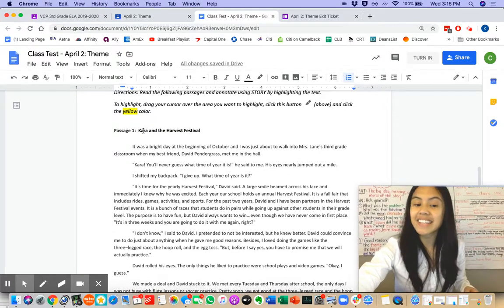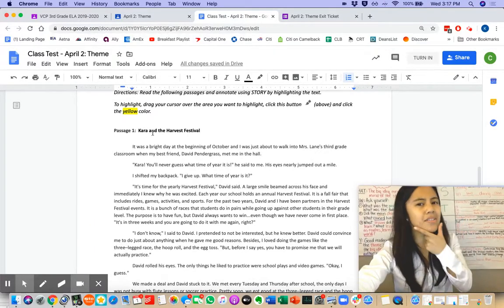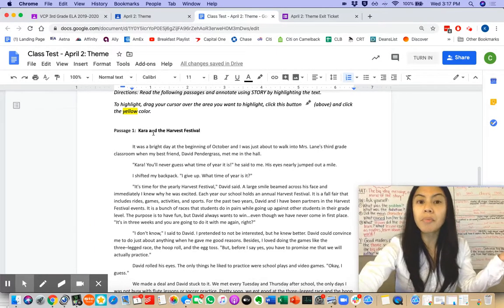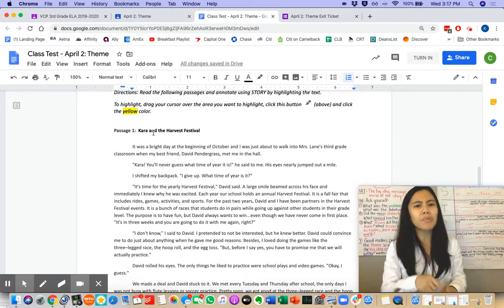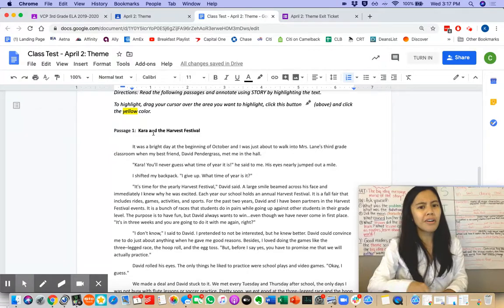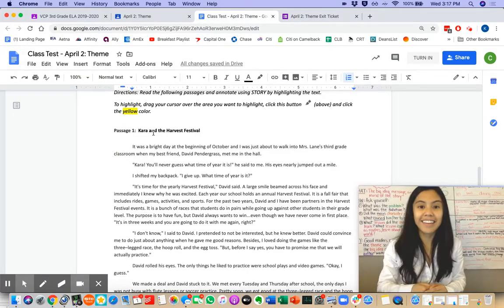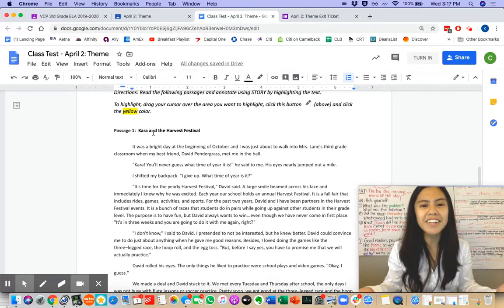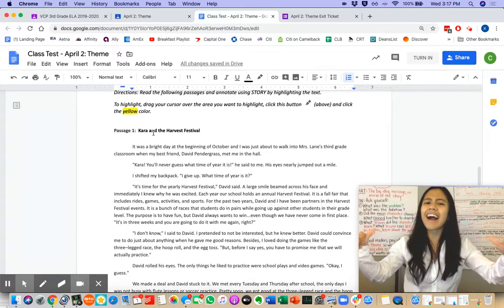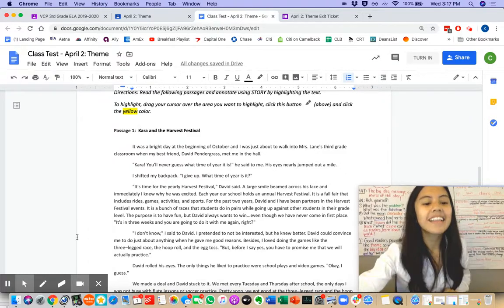It sounds like I already have a character, so that tells me this is probably a narrative text. Do you remember what we draw for a narrative text? Yes, an STORY planner. Can you say, I got that? Yeah, let's see.